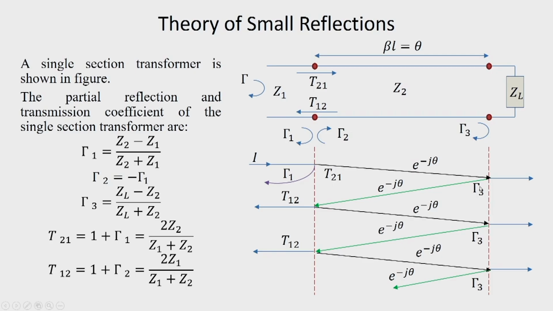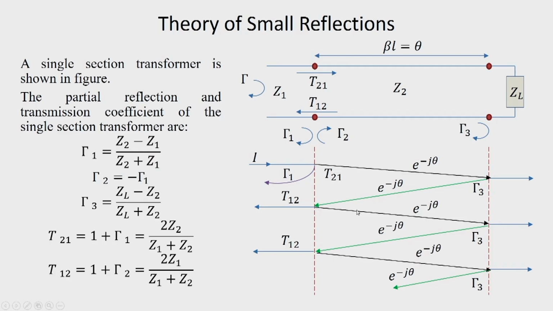So, it will essentially get multiplied by gamma 3 here. So, if we start with the wave incident here, we can see that here we will get T21, at this stage it will be T21 e to the power minus j theta, and then multiplied by gamma 3, then it will travel down. So, it will become T21 gamma 3 e to the power minus j 2 theta, and then at this interface it will